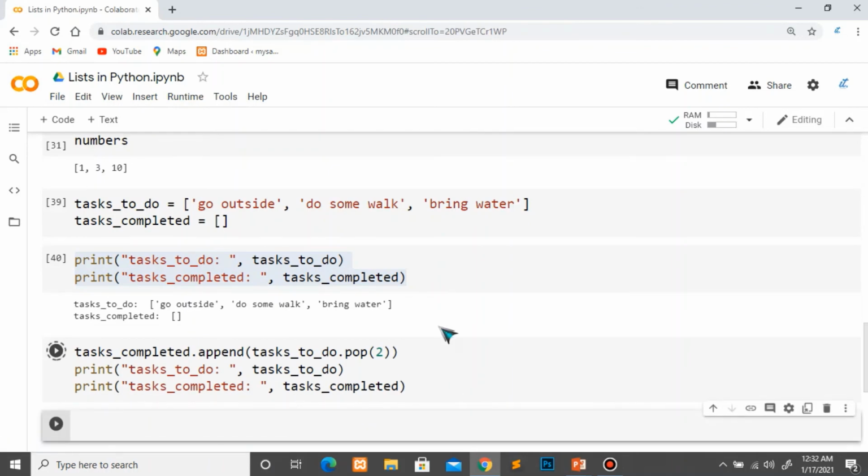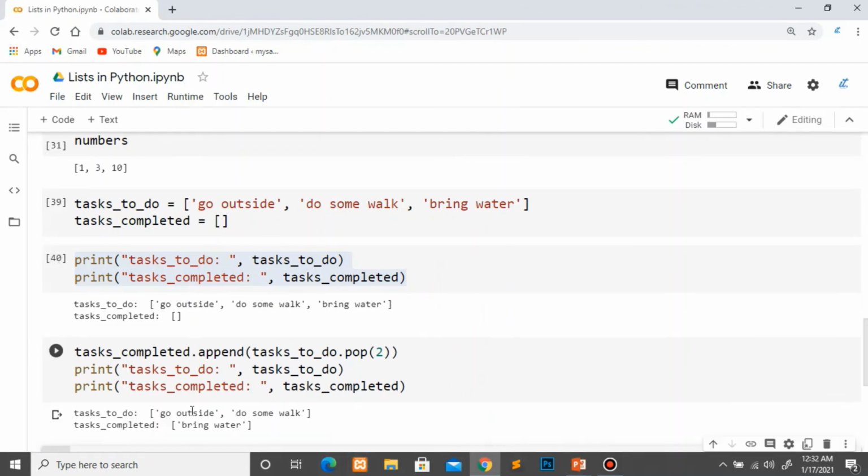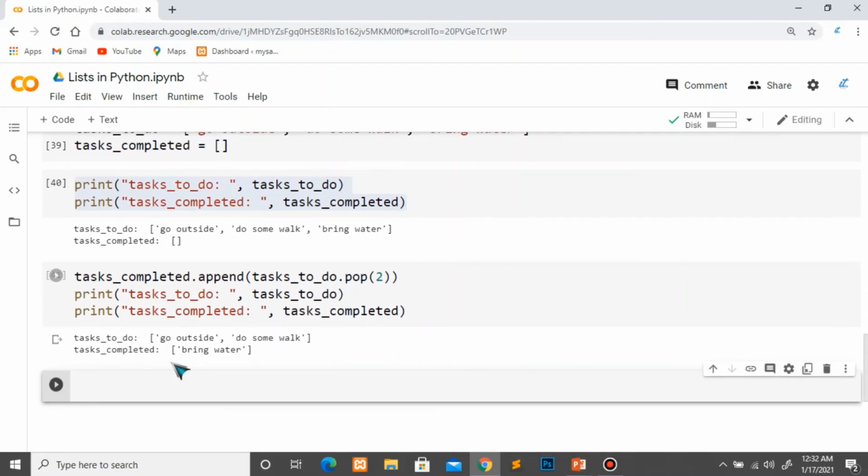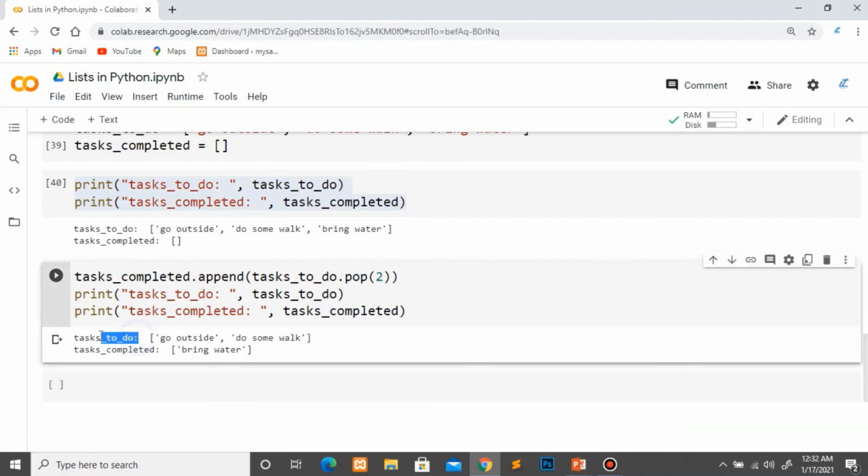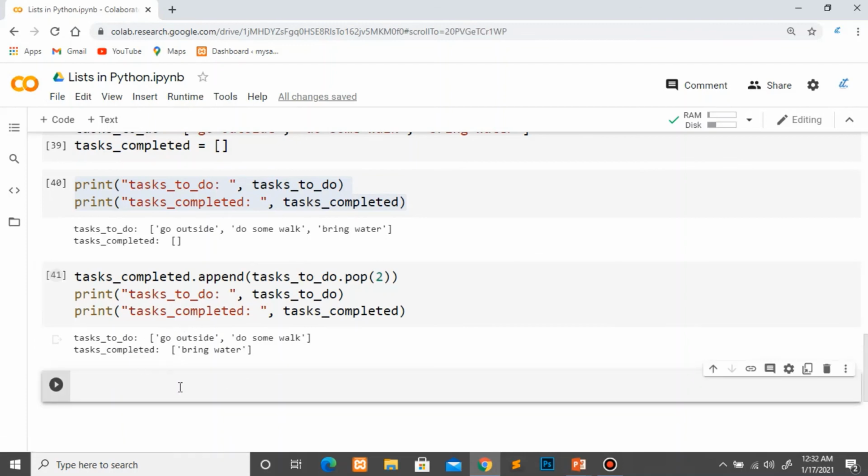So now you will see here task to do, we have go outside and do some walk. This bring water has been removed from this list and has been added to this task underscore completed list. Similarly, you can add as many elements as you want. Let's say I want to add go outside as well.